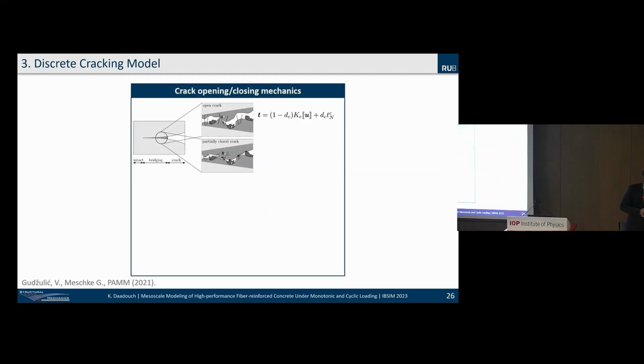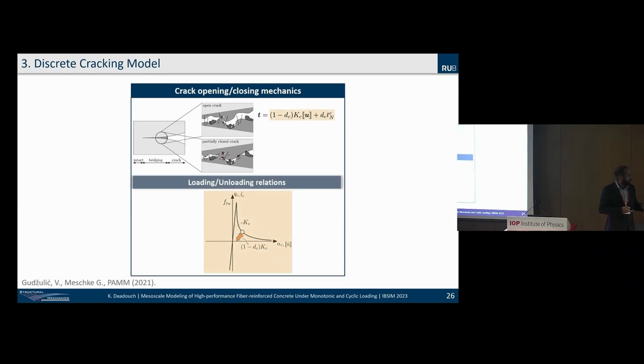And because we want to model cyclic loading. If you are modeling monotonic loading, you don't care about crack closure because you open the crack once. But if you open the crack and you want to close it again, it will not close in the exact same configuration as before, because some debris will be bridging the crack and will not allow you to close it. So we want to model this so we can have the hysteresis in the load displacement